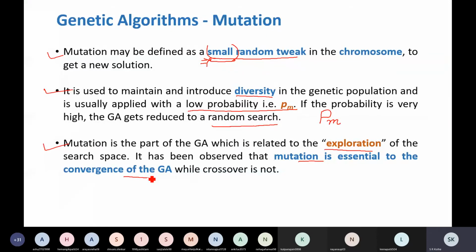Because of this, you will find sometimes that it may result in a local optimal solution, and to make the genetic algorithm more accurate, convergence is necessary. For that purpose, mutation will help you to do that. Okay.